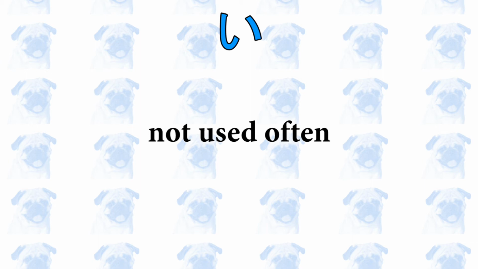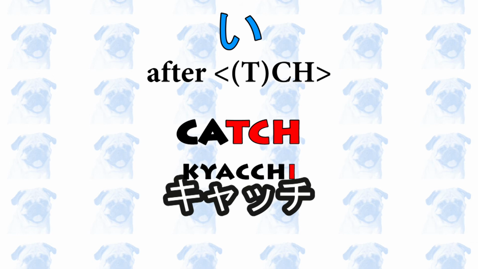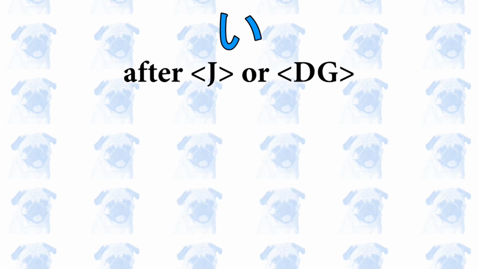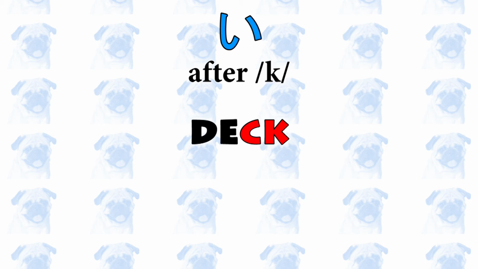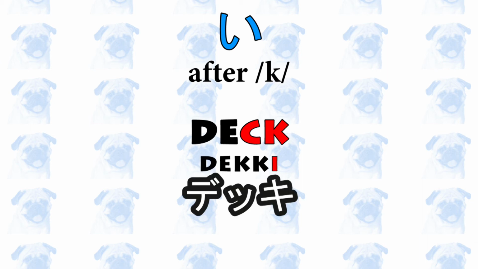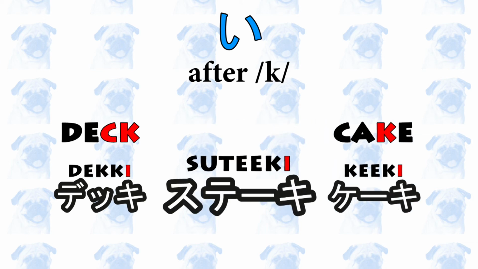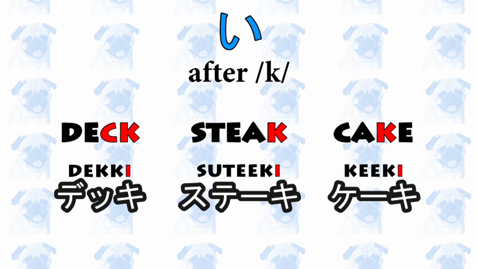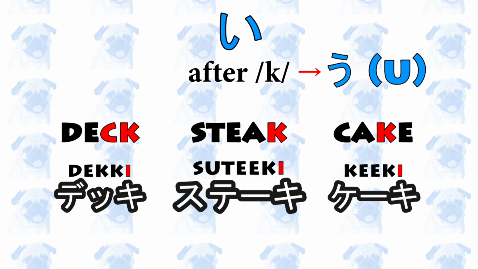The next vowel, E, is also not a popular option. E tends to follow the CH sound, as in catch, which becomes catchy, as well as the J or DG sound, as in judge, which becomes judgy. Also, E may follow the K sound, as in deck, which becomes dekki. Another common example is keiki, which comes from the English word cake, as well as steiki, which comes from steak. However, K is more likely to be followed by U in most cases,